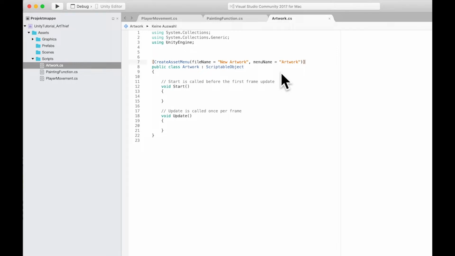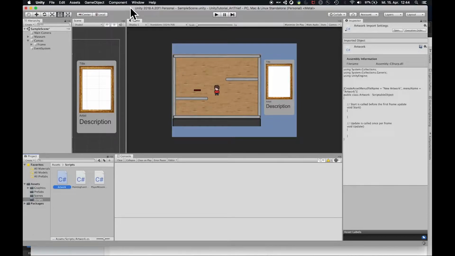And now we save it. And what can we do now? What is the advantage over MonoBehaviour? I saved it. I go back here into my Unity editor, and for the sake of having it clean, let's